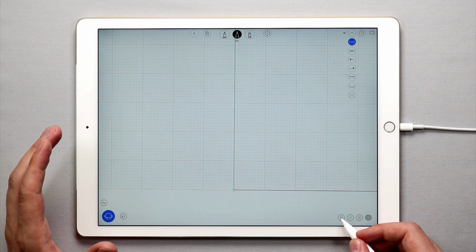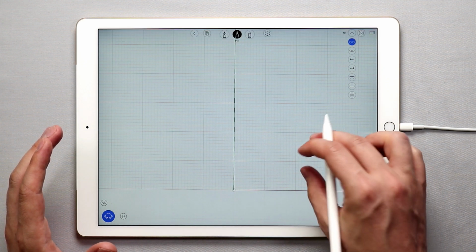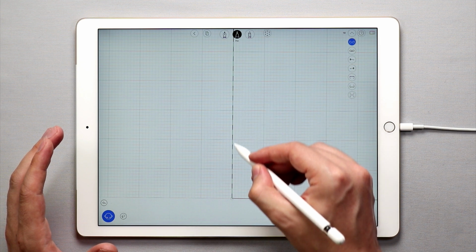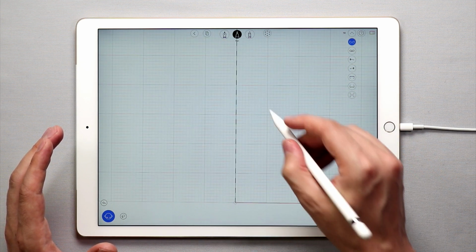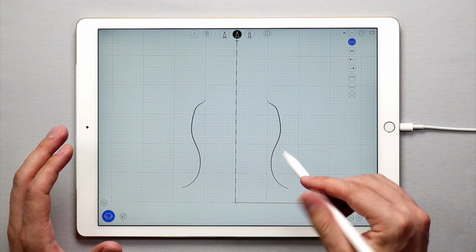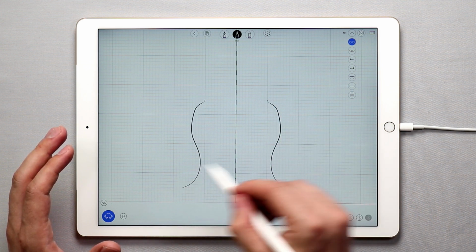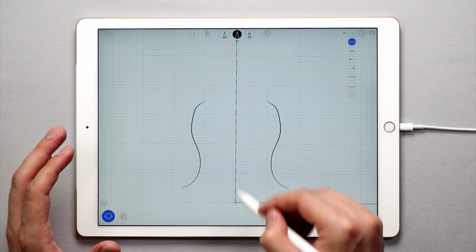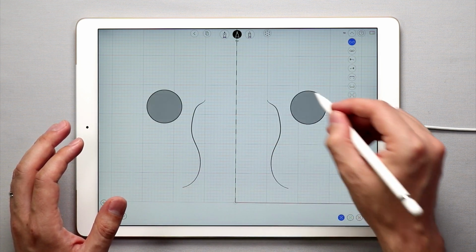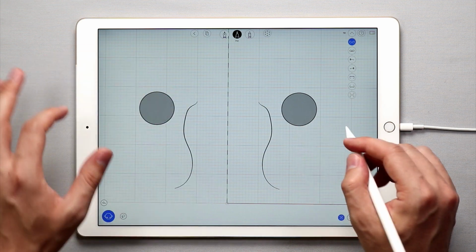So if I select z-axis symmetry, if I tap that, I'm currently looking from the front view, and you'll see this dotted line here. That means that if I sketch, you'll see that as I sketch a curve, I'm sketching in live symmetry over the z-axis. So anytime you see this dotted line, it means that wherever you sketch in the canvas, the other side will